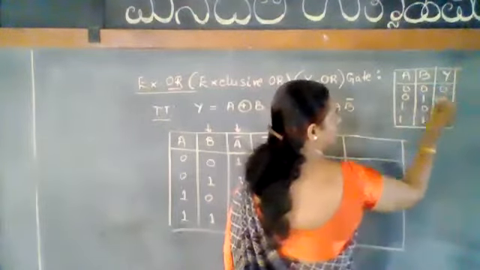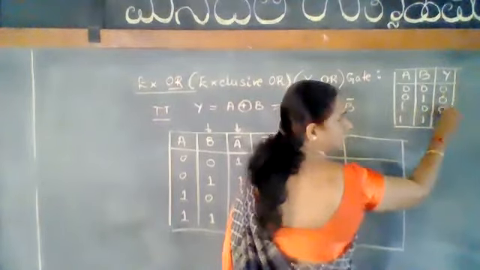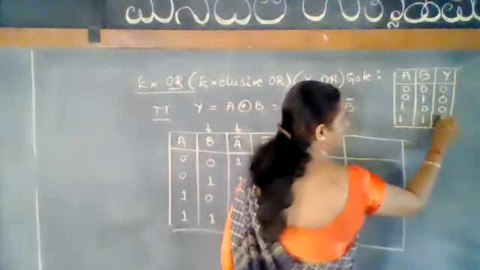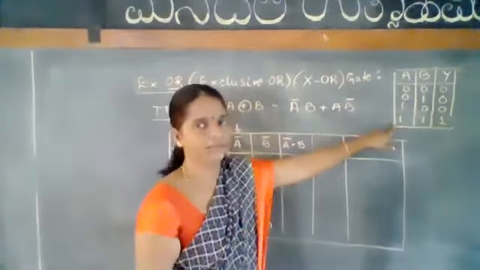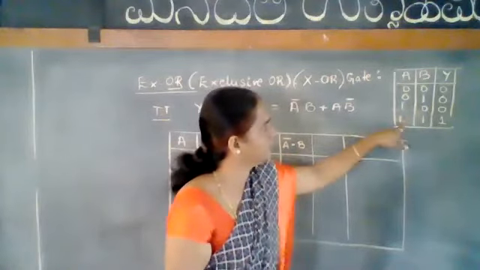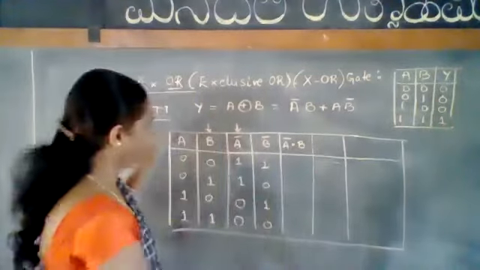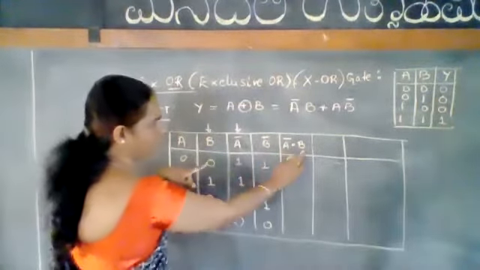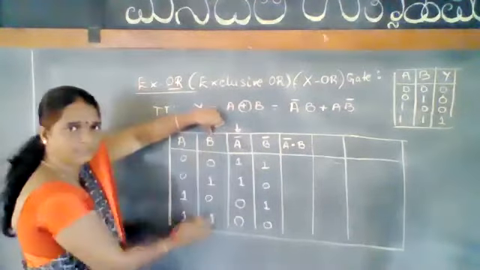So when it is 0, 0, it's 0; 0, 1 it is 1; 1, 0 is 1; 1, 1 is 1. Okay. So according to the AND gate table, only when both the inputs are 1, the output is high. Now we have to see A complement B.